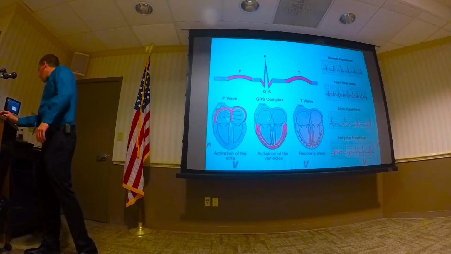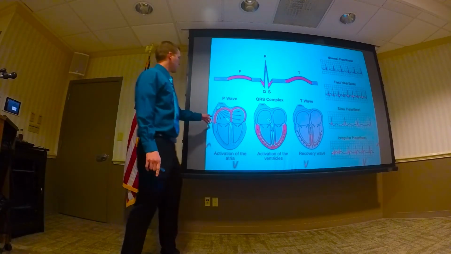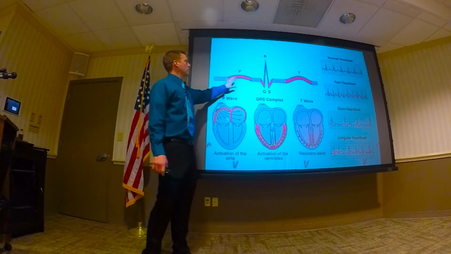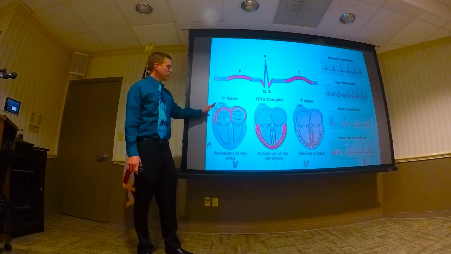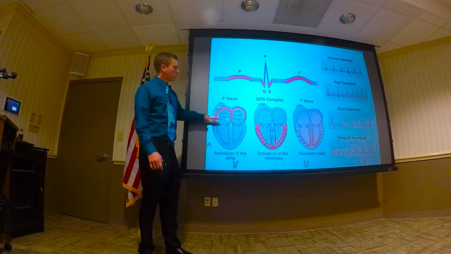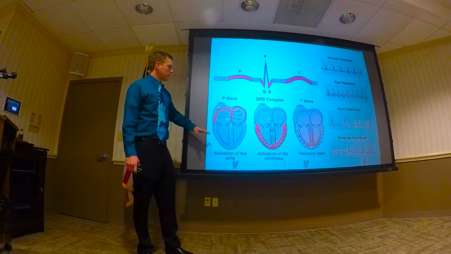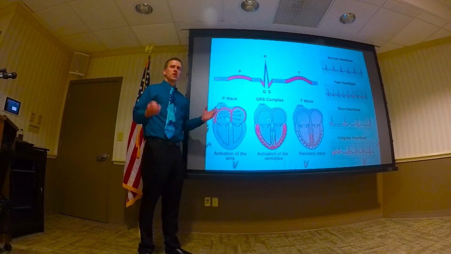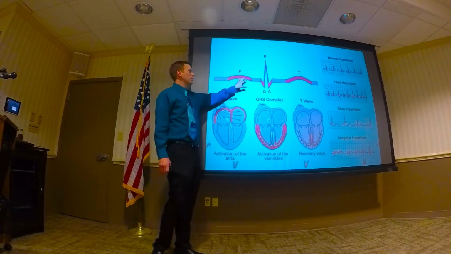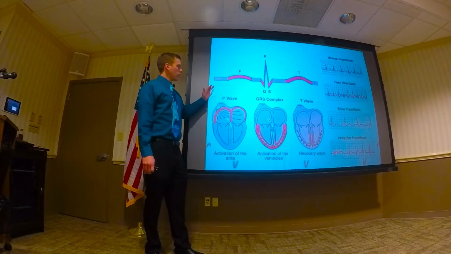Okay, I alluded to this. The P wave, first of all, represents what? It represents activation of the atria across, right, and down. And so that's a general understanding. Separate the atria and the ventricles when you're thinking about them in your head. So when you think of a P wave, when you're looking for a P wave, what you're looking for is